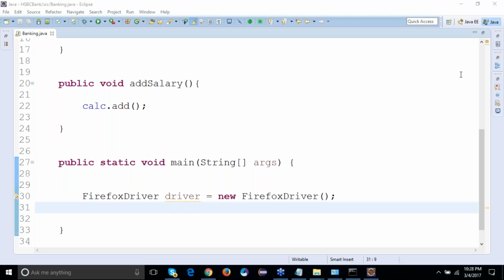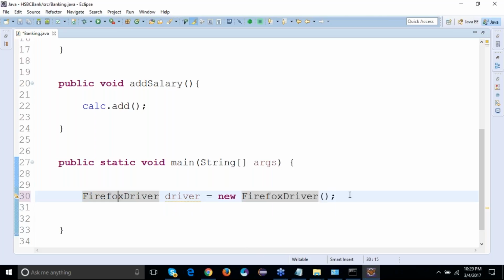Because as soon as you create an object of the class, the very first thing that is called is a constructor. So even if I don't write this statement, if I just write this and run it, the very first thing that will be called is a constructor, and it is going to launch a browser like this. So the code is written inside the constructor, and we need not worry about what code is written. We just know that if I create an object of Firefox driver, the very first thing that will be called is